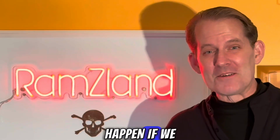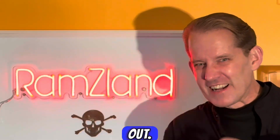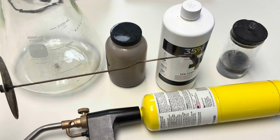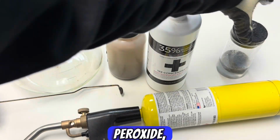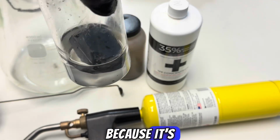What do you think will happen if we lower molten lithium into pure oxygen? Let's find out. For this experiment, we'll use a 4,000 milliliter Erlenmeyer flask, a deflagration spoon, a blowtorch. This is manganese dioxide, 35% hydrogen peroxide, and of course, lithium that's stored in mineral oil because it's an alkali